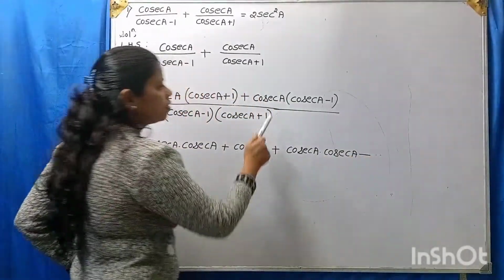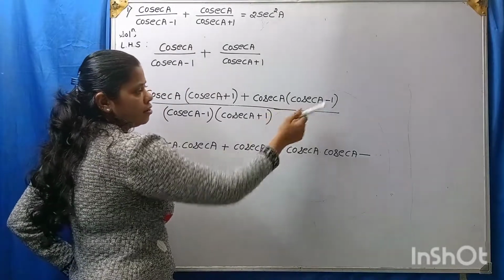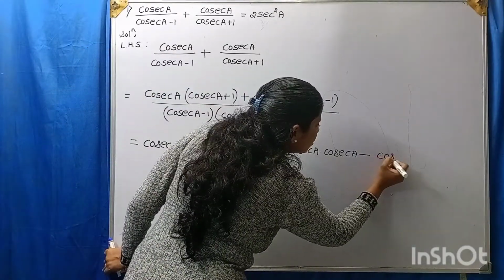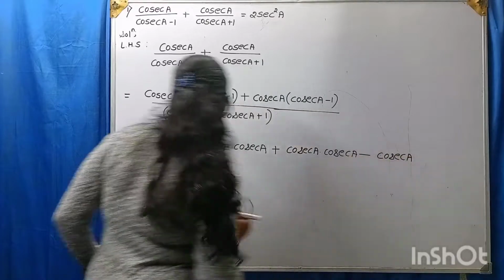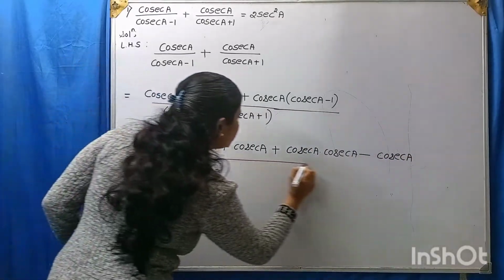Cosecant A into 1 will become cosecant A. Okay. Whole divided by,